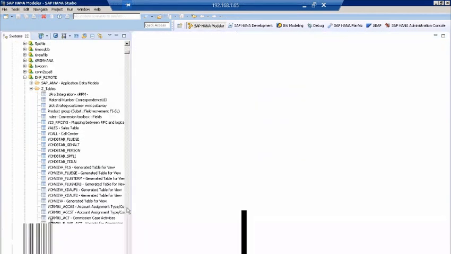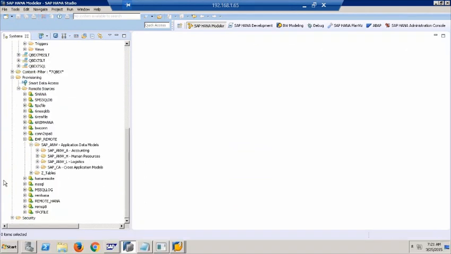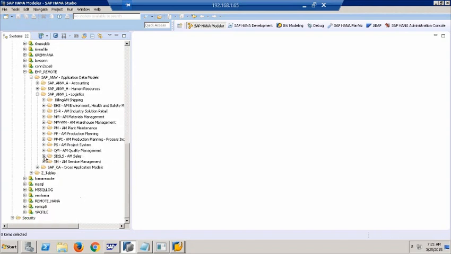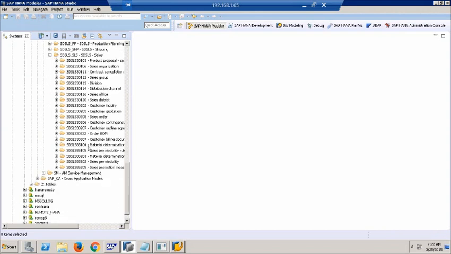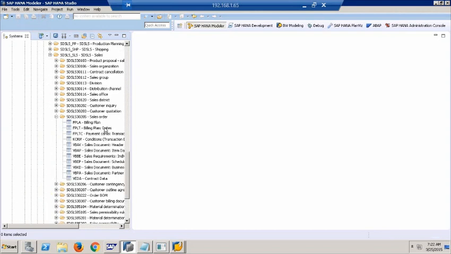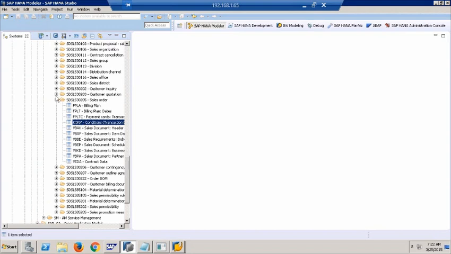And see, you can access any table. This is the Z. If you want to go application component wise, you can get it. Logistics, HR, finance. ECC is always categorized into three: logistics, finance, and accounting. Say within logistics, you want to get into sales. Within sales, billing or sales orders, which is it? Mine is sales. Now within sales, I would like to get into sales order processing. Then I have VBAK, VBAP, VBUP, KONV pricing. I've got all this, and I've got customer relevant